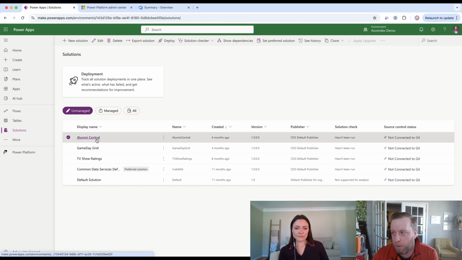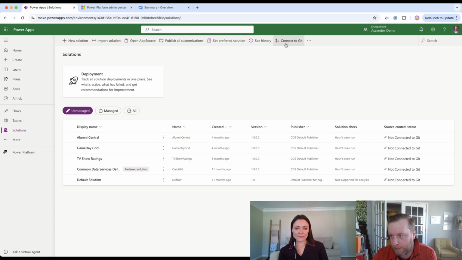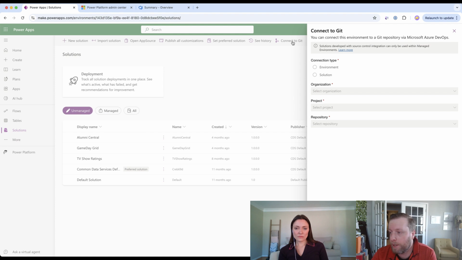All right, so what we're ready to do now is connect this to DevOps. We're going to uncheck our Alumni Central solution, and click this button up at the top that says Connect to Git. Then we're going to select what type of connection we want to have. Do we want to connect the entire environment to source control, so all of our solutions, or just